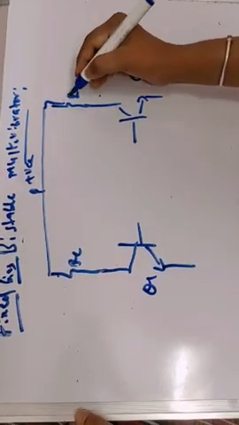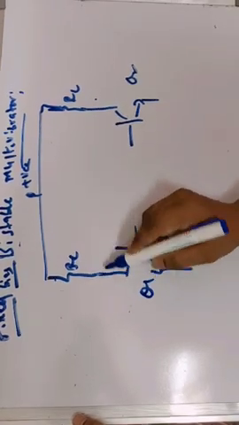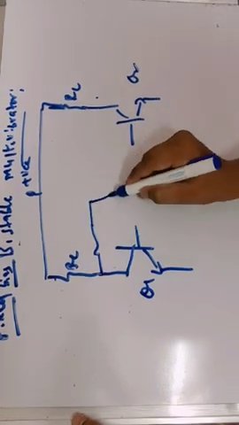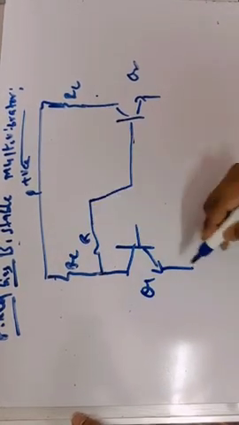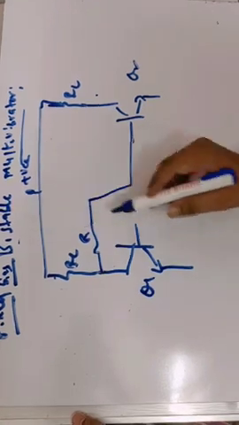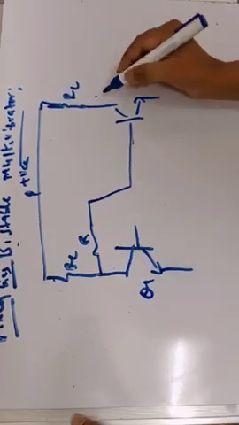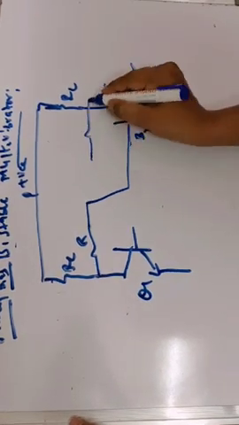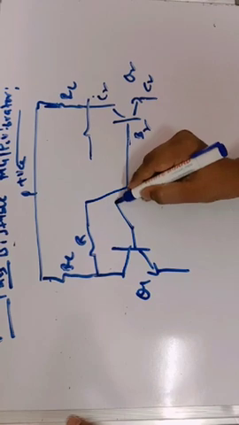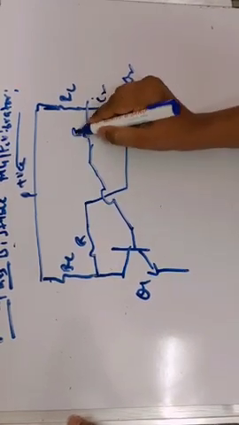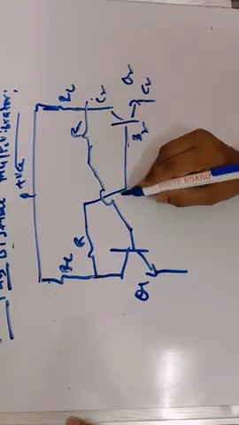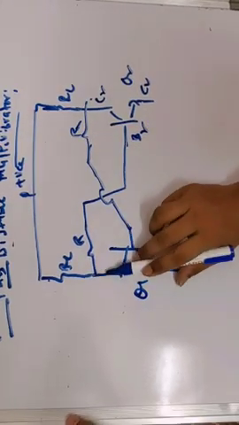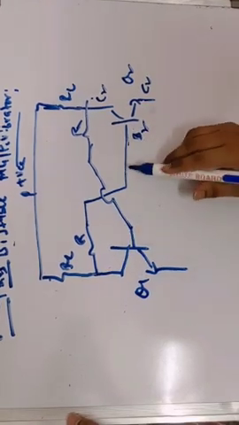Now the cross coupled connection means the collector of the first transistor will be connected to the base of the second transistor through a resistor. This is called DC coupling. In the case of the bistable multivibrator, we will use DC coupling. Again, the collector of the second transistor is connected to the base of the first transistor through a resistor. This is also DC coupling. So in the case of the bistable multivibrator, we use two resistors to connect the output of the first stage to the next stage.